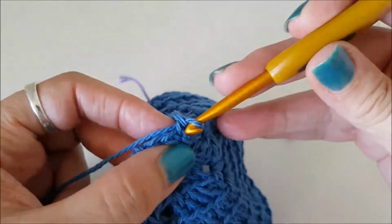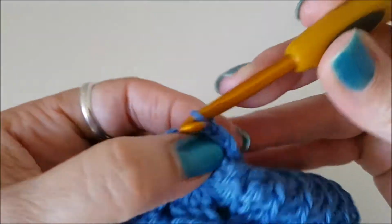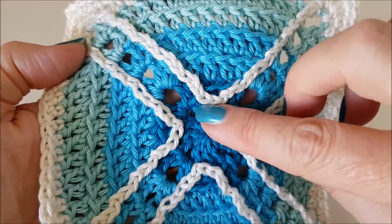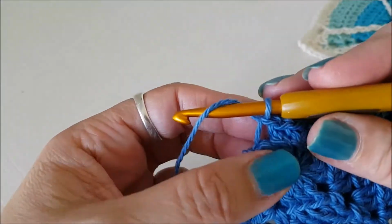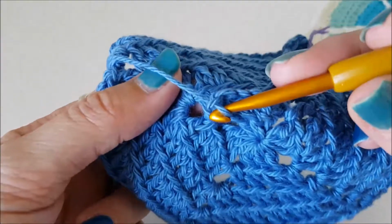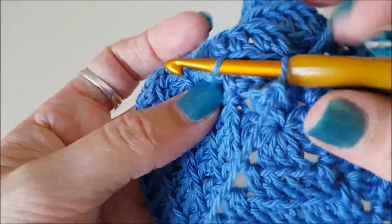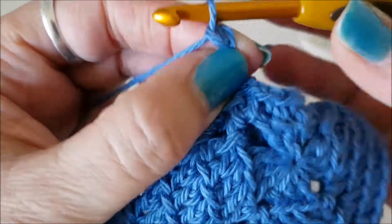The next instruction is to do a slip stitch in the front loop only of the next 2 along here. So 1 here and 1 here. Okay, so now we have done down here and across here, and now we're going to work our way back up. So this time we're going to do 4 repeats of this little repeat, chain 2. We're going to go up 1 round and slip stitch into the front loop only of the round above, the last stitch of the round above, so just before those corner stitches. So you just insert your hook, slip stitch, chain 2,